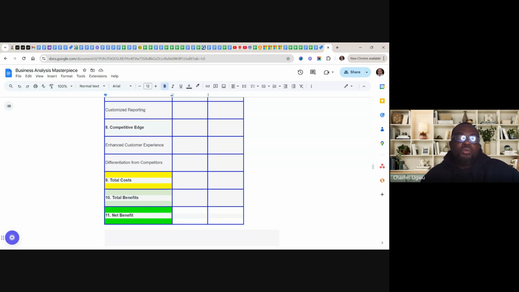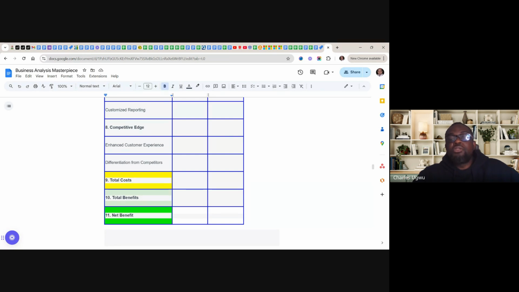But when the net benefit is negative, it means it's not viable. So the net benefit must be positive after subtracting the cost from the benefit. If it's negative, then it's a no-go area. But if it is positive, then it means